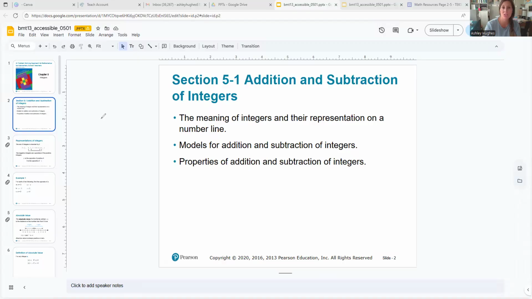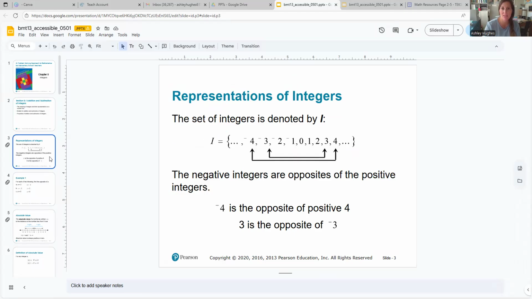All right, guys, this one is probably going to be one of our easier lectures to date. It is on integers, and so let's jump in. Section 5.1. Integers, we're going to talk about what integers are and how to think about them on a number line and